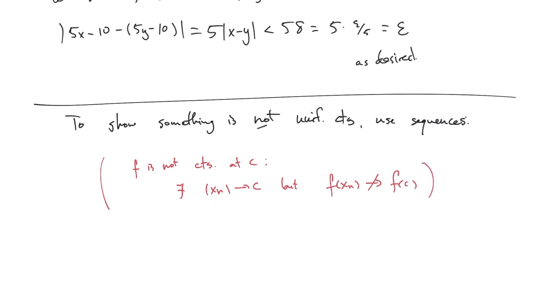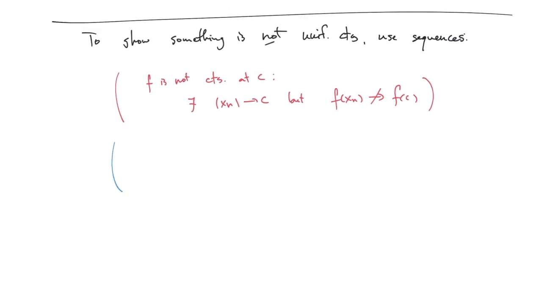How do you show something is not uniformly continuous? Basically, I need to replace the C with any point y. But the fact that both x and y can vary in the definition of continuity means really we're talking about two sequences here. So I'm going to put in blue, this is still not my final answer, that f is not uniformly continuous